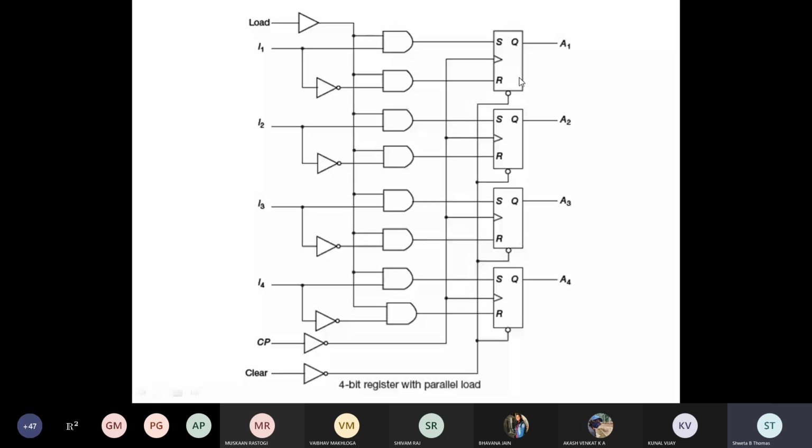It is already known to you, when both S and R are equal to 0, there is no change state. When S is equal to 1 and R is equal to 0, then there is a set option, that means S will transfer to Q. When S is equal to 0 and R is equal to 1, that means there is a reset option. And if both are 1, 1, then which condition does it imply? Can you tell me?